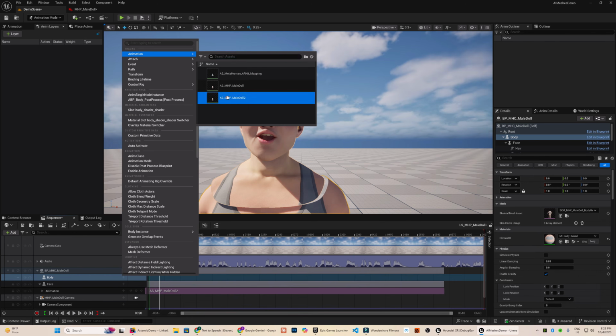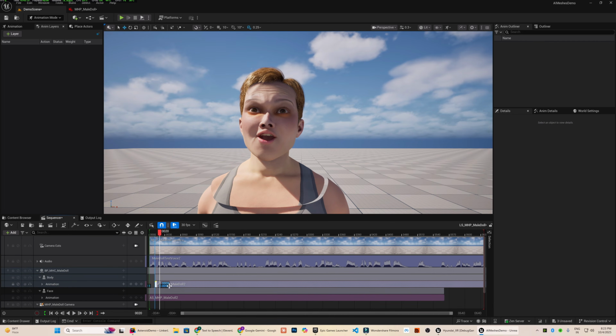If you have a corresponding body animation that is in sync with the facial animation, then you can add that